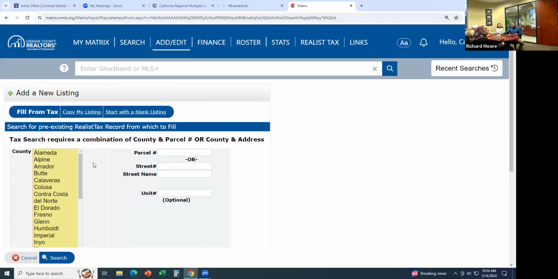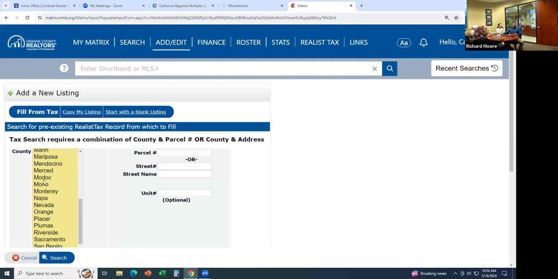Residential. Oh, so we can add leases, right? You could also enter a lease listing. And this listing is now only Orange County, or all of California? Yeah, you can list a property for lease in all of California. You're going to list one in Riverside? Yeah. Okay. So then you would select under county,